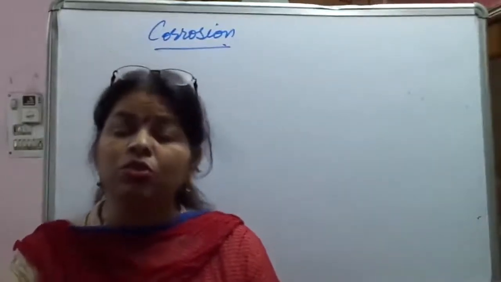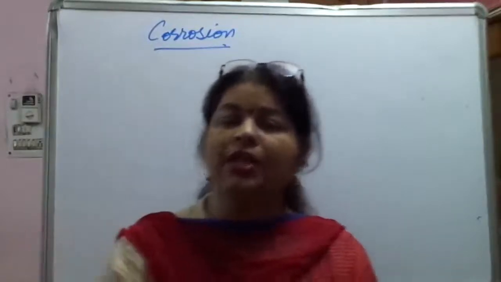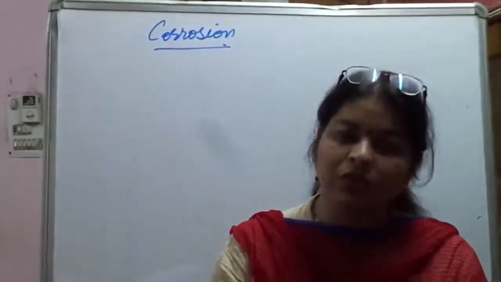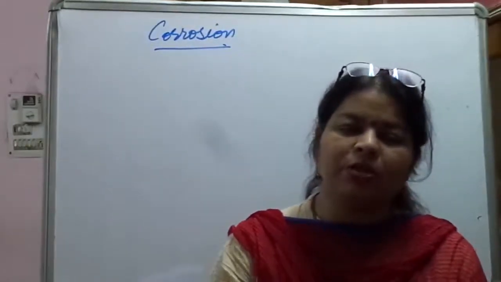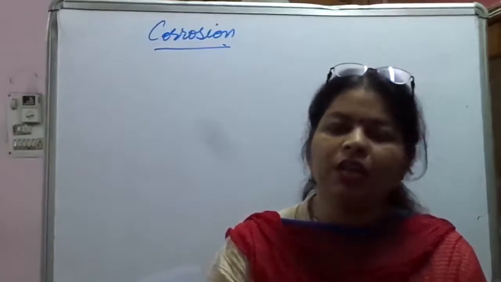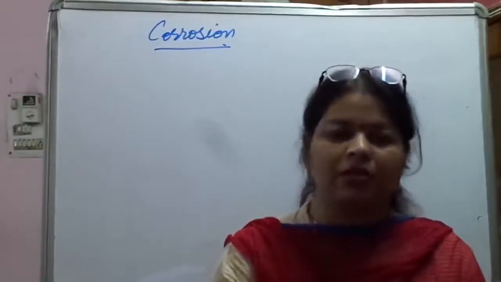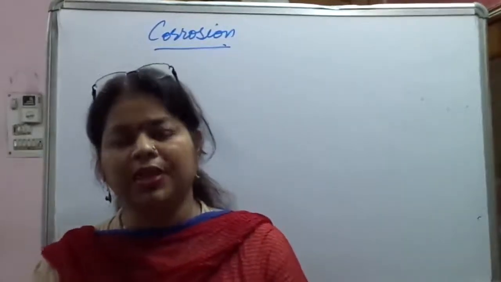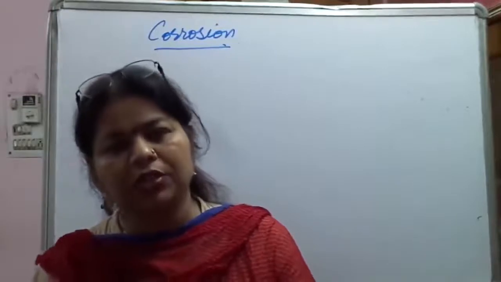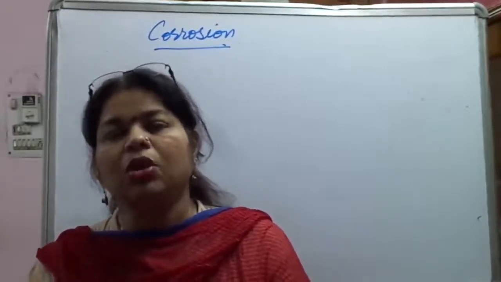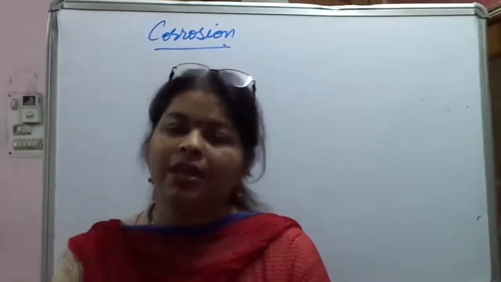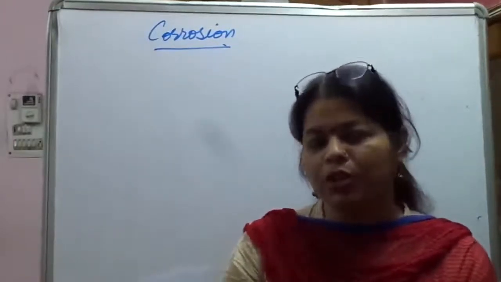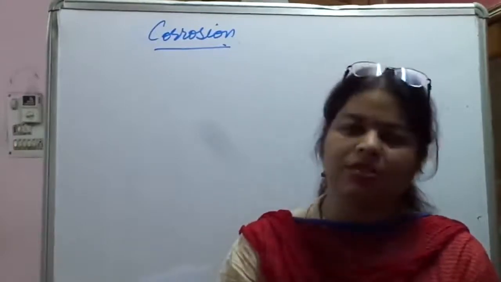Most of the metals get corroded, as you have learned in the first chapter also, of chemical equations and reactions. In detail you have learned there. So here we are going to discuss rusting of iron. So what is rusting of iron? When the corrosion of iron takes place because of the moisture in the air, the iron object reacts with it and forms a brownish flaky, powdery substance called rust, okay.